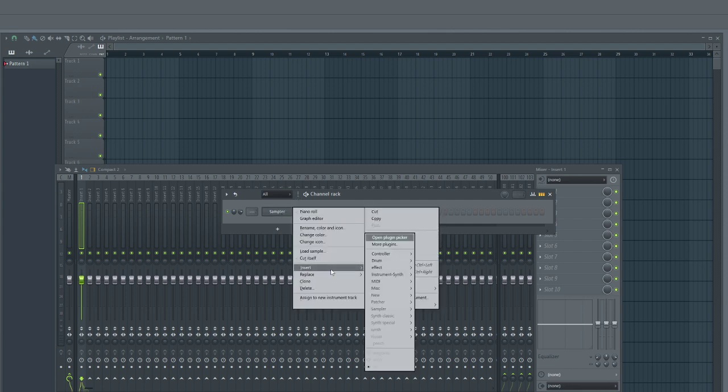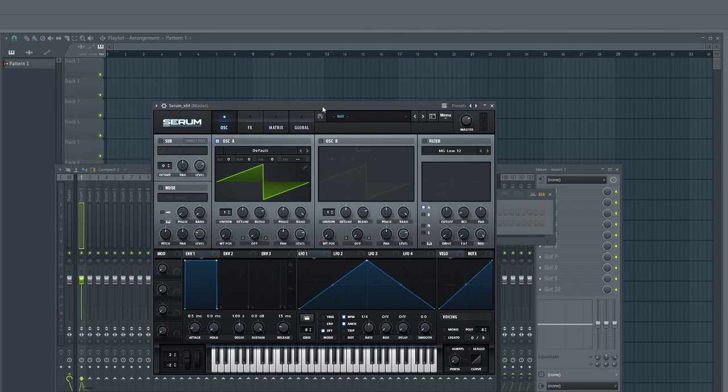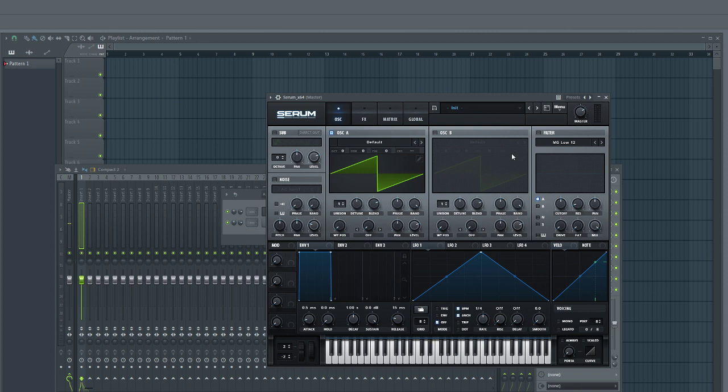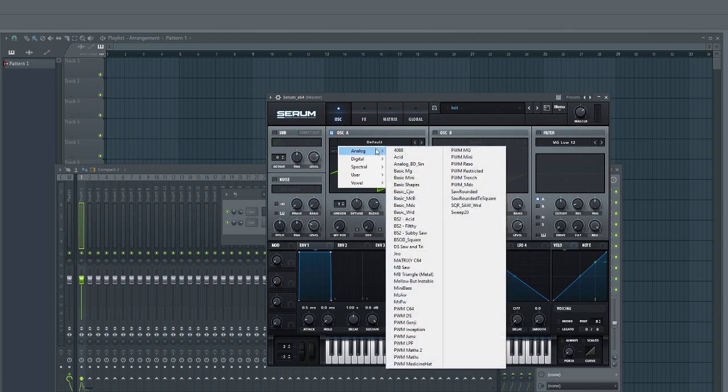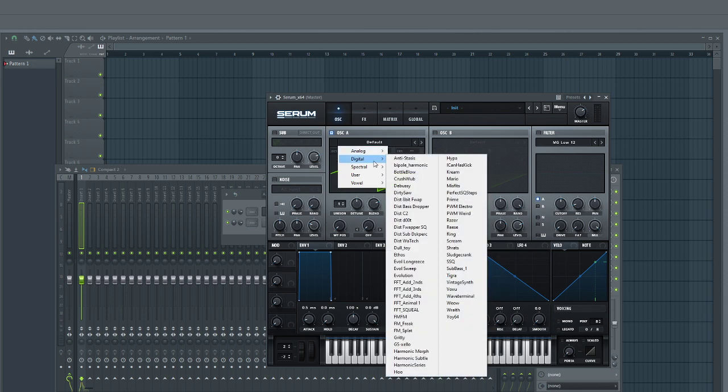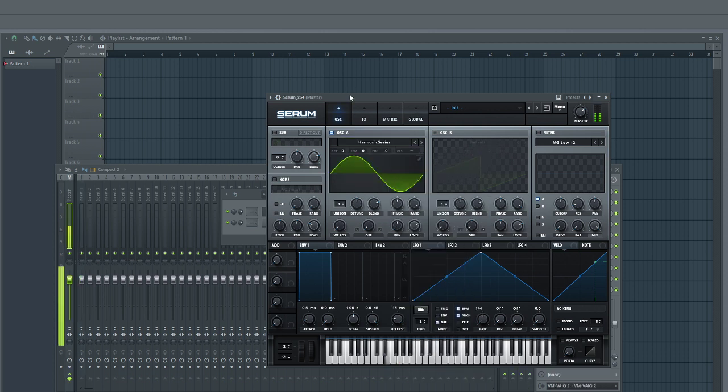So first off, we're gonna use Serum. Load up Serum here, 64 bit version. Then we have the init preset here, a nice little sawtooth wave, and we're gonna change it to a wavetable. And we're gonna select harmonic series. Harmonic series is a wavetable that